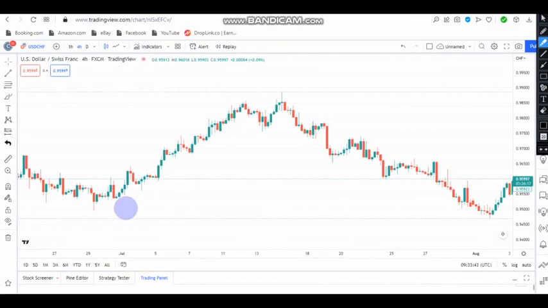So for you to indicate the uptrend, if you're on an uptrend, you just highlight your points. These are the lows of the market. You can see the lows are increasing. These are the highs of the candlesticks. Now for an uptrend, you just connect the highs. You just connect these points up, and you connect this point also. The points must not